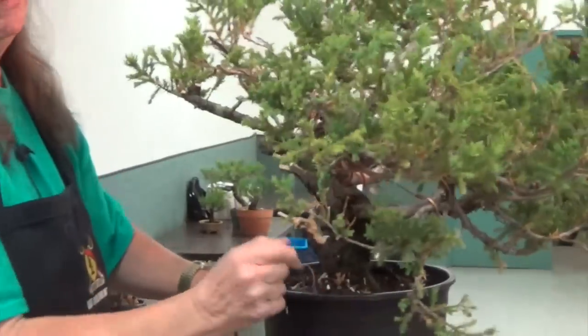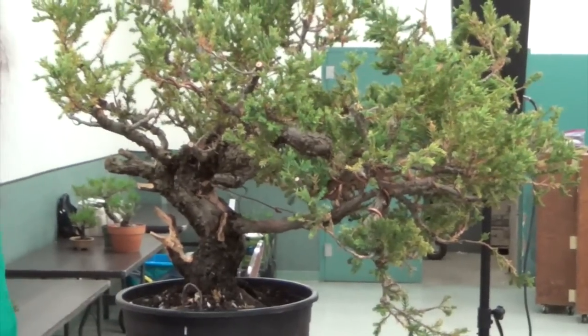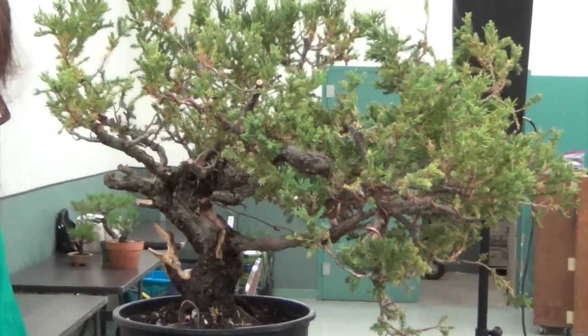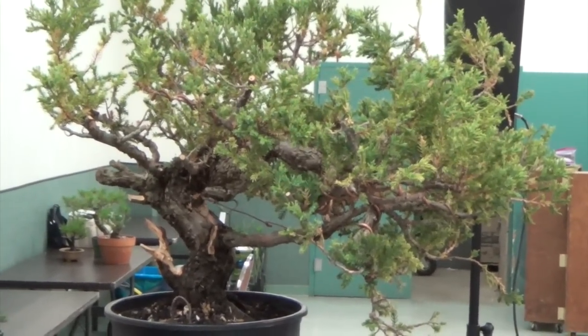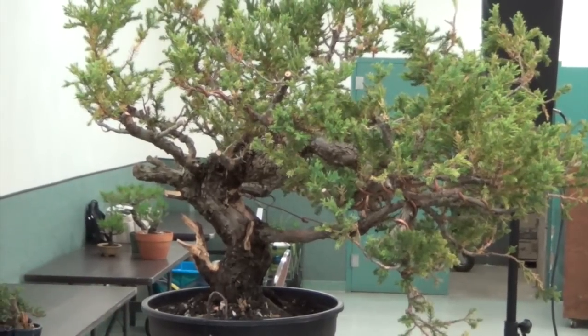All right, starting to bend this one down. This is still a very straight place. I'm going to put one more big wire on that one. Not real big, but enough to, oops,